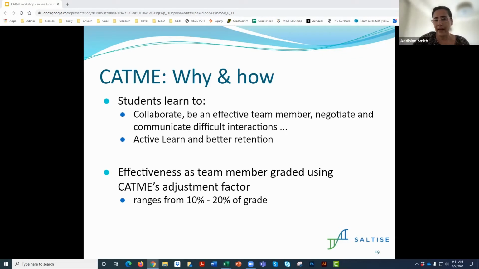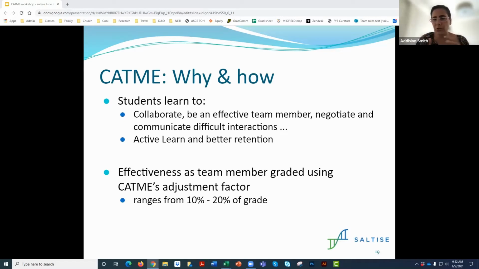One thing that I have to emphasize is the adjustment factor for CATME. CATME is magic, because it takes me about 15 minutes to literally create a class, upload a CSV file to form groups, and get going with it. So it takes absolutely no effort. As Sidney said, when we try to do that on our own, it's madness. CATME just seamlessly does all that for you, in addition to creating this adjustment factor, which is a number or